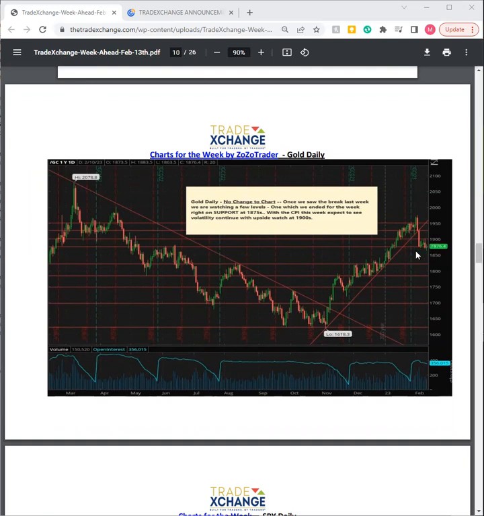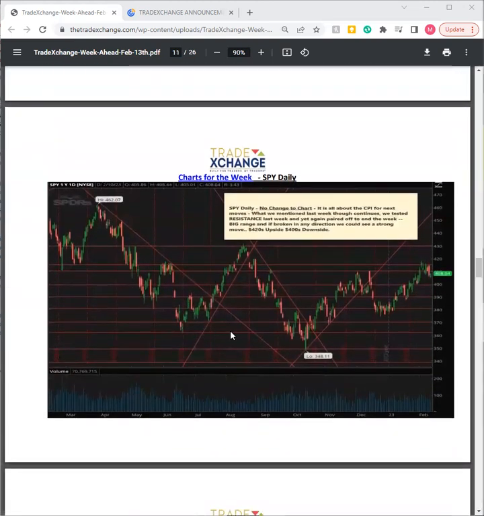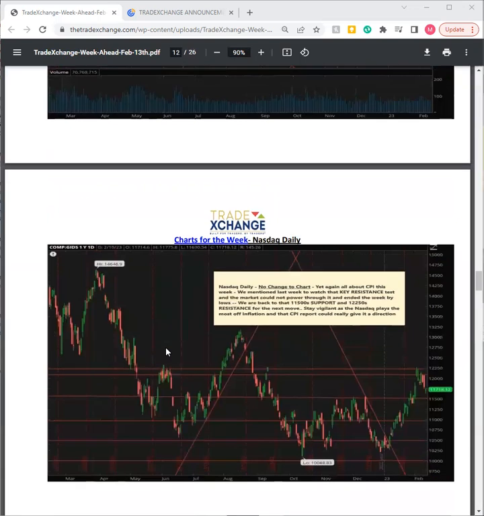So we'll watch this going into this week as we do have the CPI report. Members, keep in mind that CPI report can change these charts across the board. So we won't just keep mentioning that, but keep in mind that that report could adjust these charts going into next week. Your SPY daily, members, no changes to the chart as well. Not that much action, but we are below that support resistance range right here. We got the 420s on the upside to watch that was tested the previous week, and the downside of that 400. So we are in a pretty tight range right now in the SPYs.